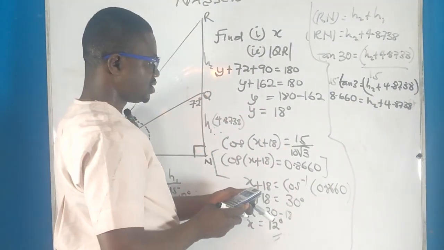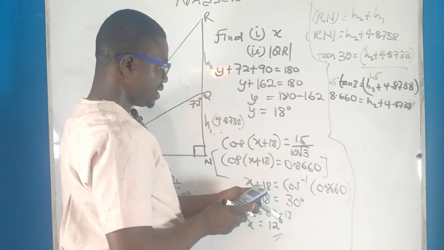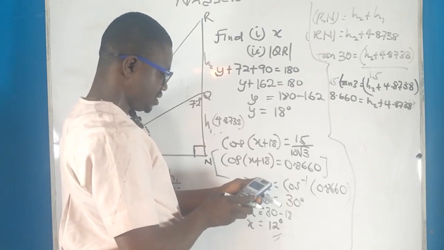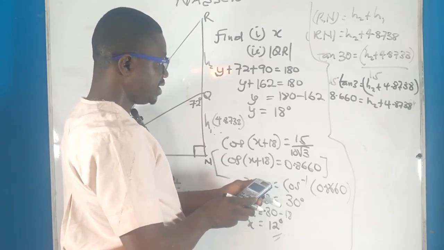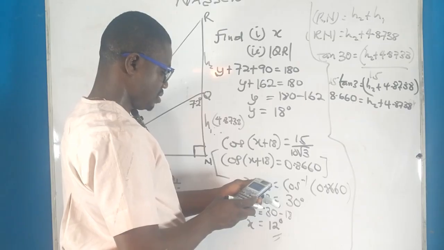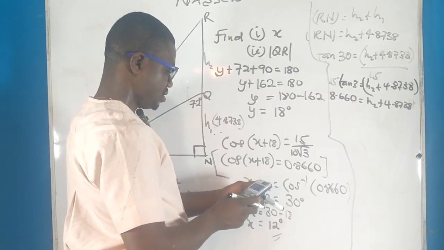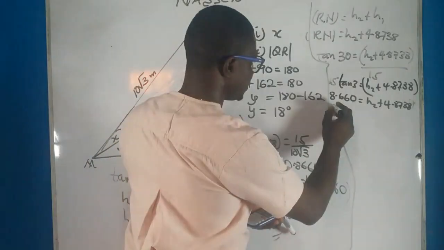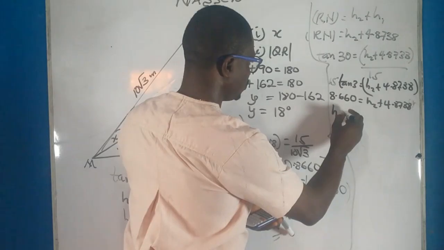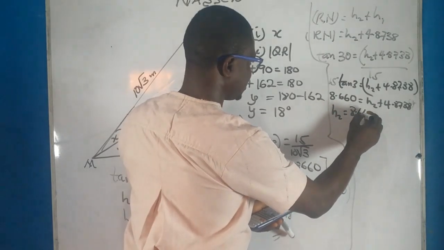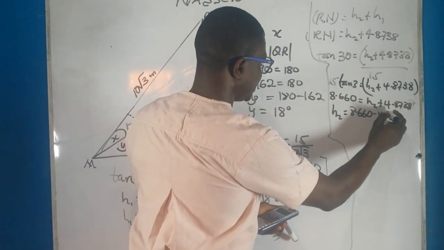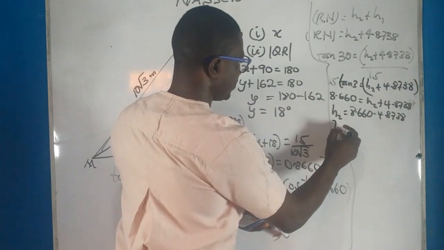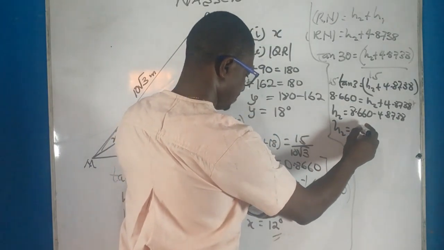So let's subtract that from it. So minus 4.8738. Then that is h2 is equal to 8.660 minus 4.8738. That will give you h2 to be